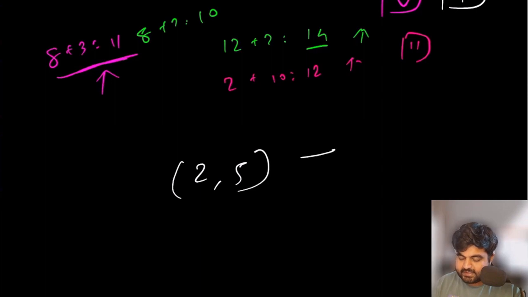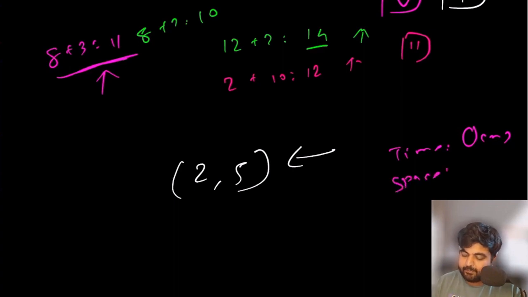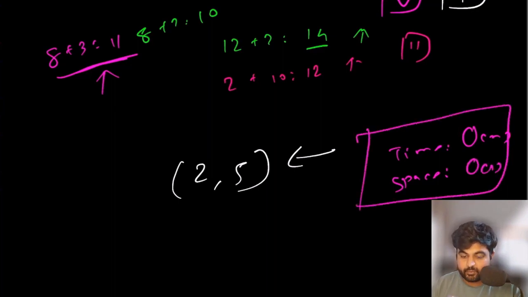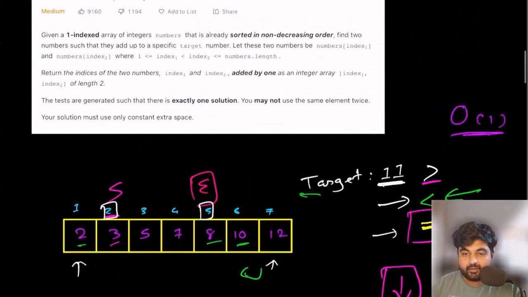And this is a wonderful way to solve this problem. Now if we look at time and space complexity, in this case the time complexity is going to be big O of n, which is the best time complexity of all the approaches I have shown you. And for space complexity, apart from using a couple of variables to store as pointers, we are not using any space, so this is going to be constant space. This is a huge improvement compared to our brute force approach or our binary search approach.